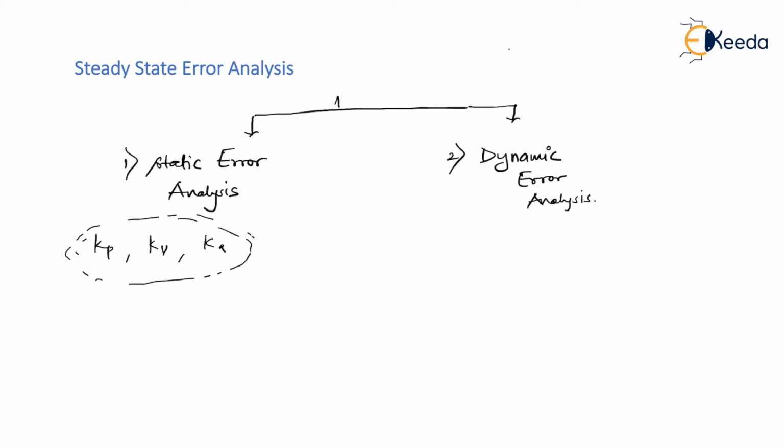From the GATE point of view, this topic is very, very important. I'm talking about static error analysis, which is very, very important from the GATE point of view. In every GATE paper, you will see a question asked based on this category, static error analysis. Dynamic error analysis is a rare topic, a very rare topic, but in other competitive exams like ESE, this is very, very important. So this topic is also important from the ESE point of view.